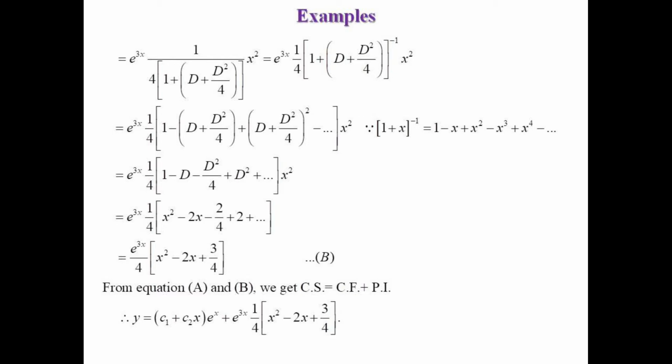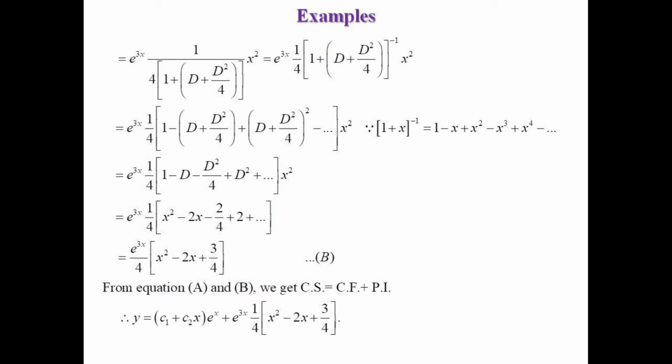The answer to this question is that first we take the derivative of the outside bracket term. Here the outside bracket term is x square, so the derivative of x square is 2x, which is the first derivative, the second derivative is 2, and the third derivative of this term is 0. That means the first derivative of x square is 2x, the second derivative is 2, and the third derivative is 0. So expand this term up to second power only, because from third power onwards all the values of D cube x become 0. That's why we expand up to second power only.